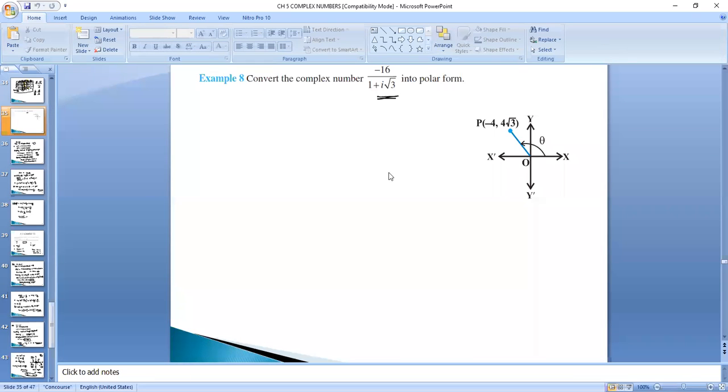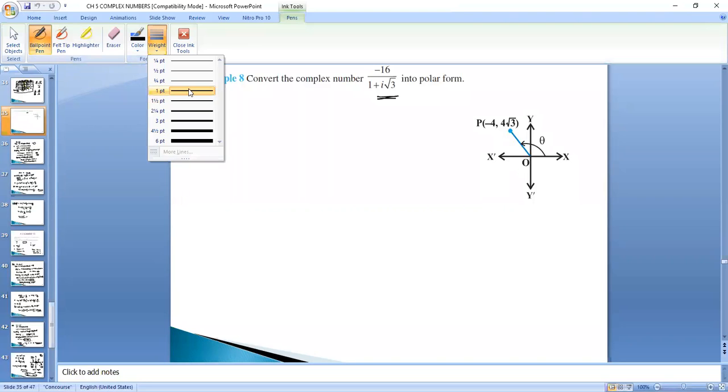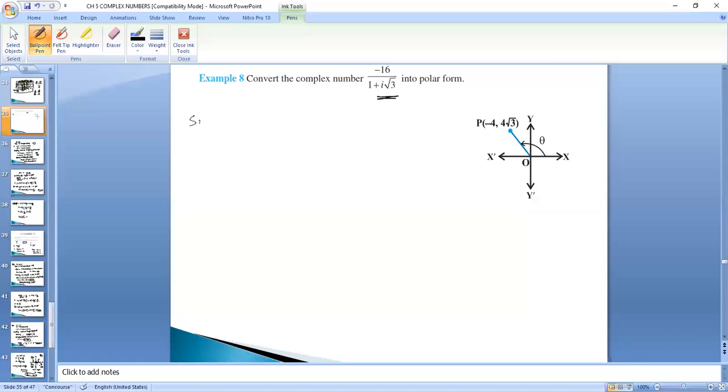So we will be doing a question, polar form. If the complex number is in the denominator and we have to express the number in polar form, how will we do this question? The very first step, whenever we have a complex number in the denominator, what do we do? Rationalize, right? We will write the number in the form a plus iota b.